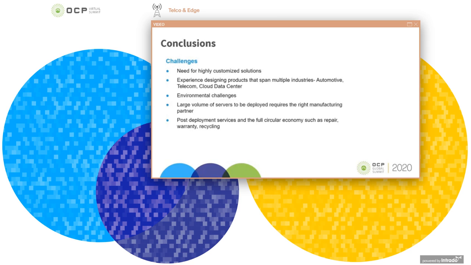Okay, we talked about this a little bit. I'll mention it one more time, is that, you know, with the number of units required in edge deployments, you're often going to be looking for partners that have the ability to mass produce and do system integration on a very high volume level.